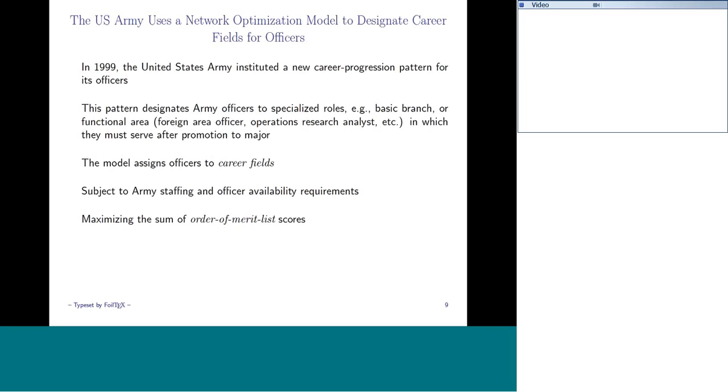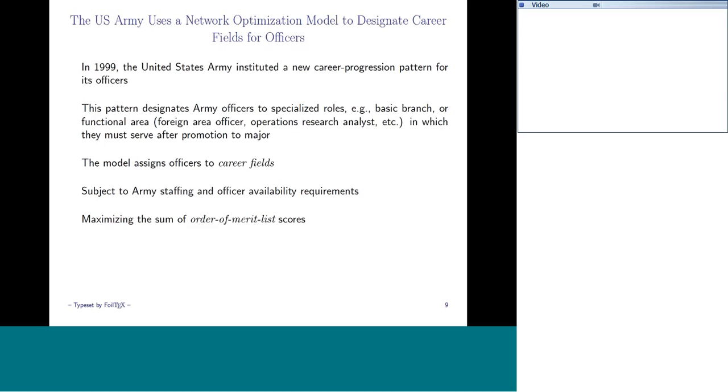So what we do with that one is we go ahead and we minimize the penalties associated with the deviations from the constraints that we've marked with a dot over the relational operator. And later on, I'll show you some solution techniques and some results. So we'll hold that thought for a minute and go on to the Army model, the personnel planning model that